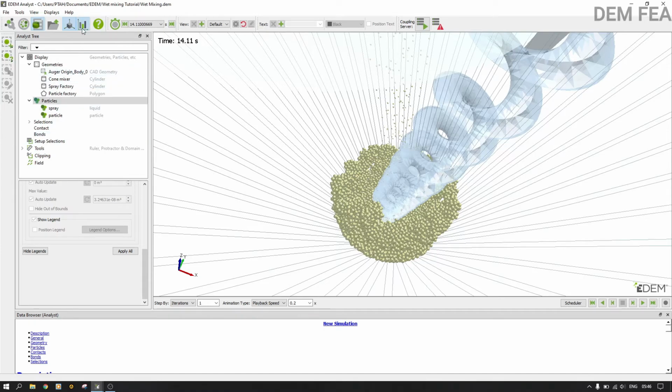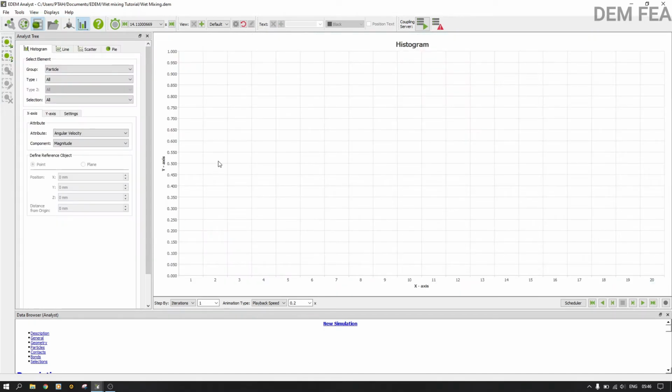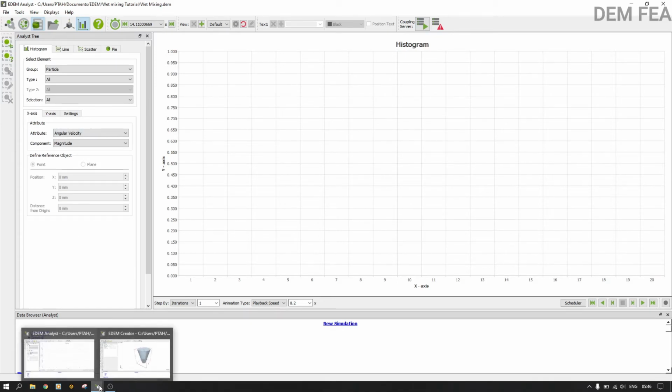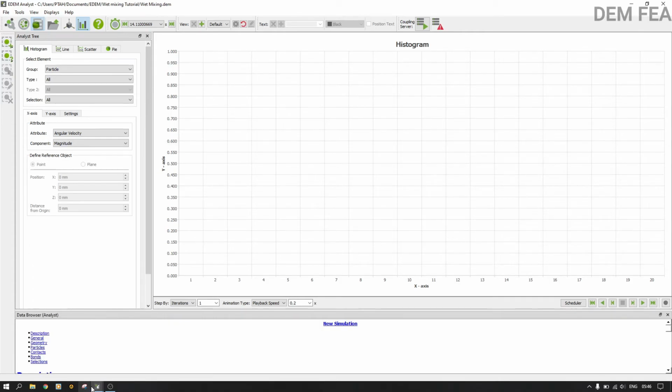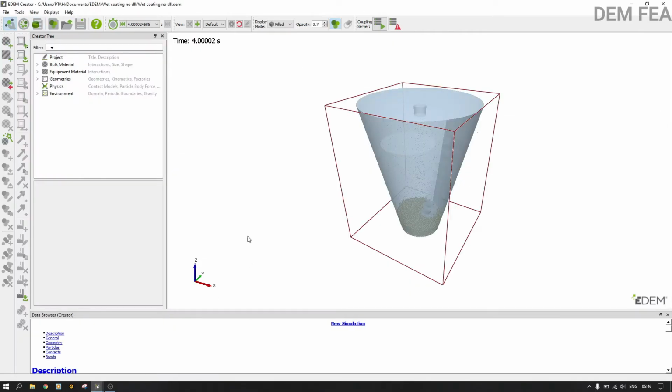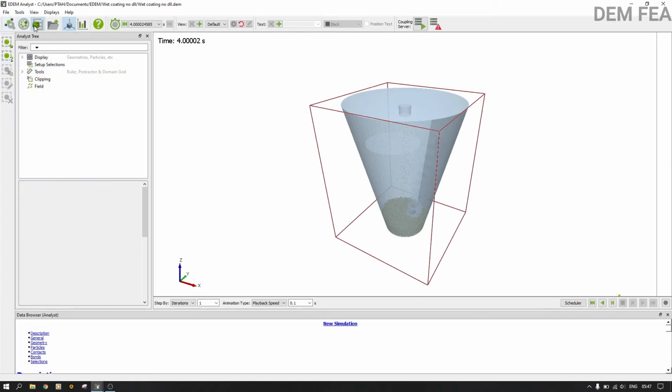Just for comparison purposes, I did another simulation in which I did not use the custom DLL. So let's go to this other simulation here. I only did it for 4 seconds. So I did not use the wet mixing. So let's go to physics and see. There is no wet mixing. Even that is for particle geometry, particle body force. It's not there. So what I did, I just removed it and I saved just the simulation and then I